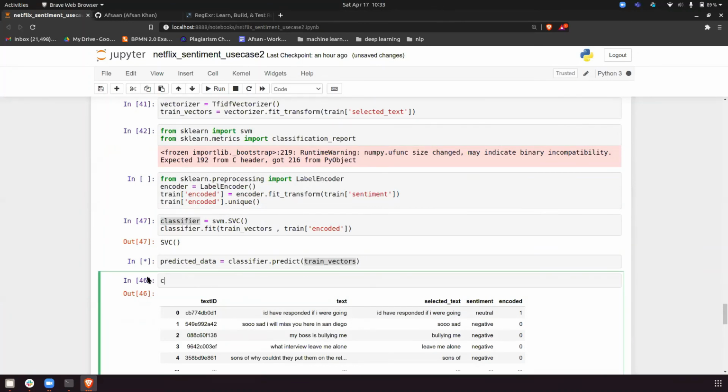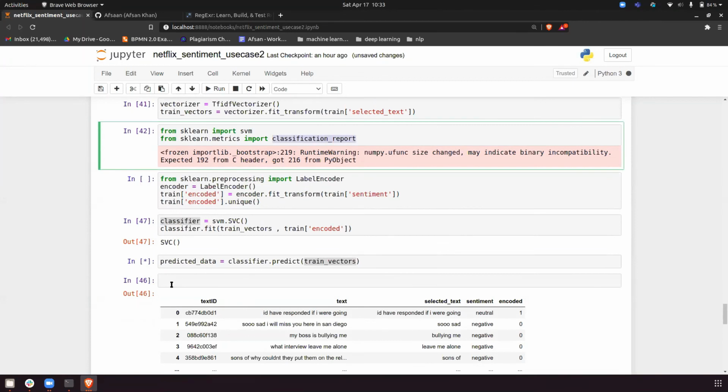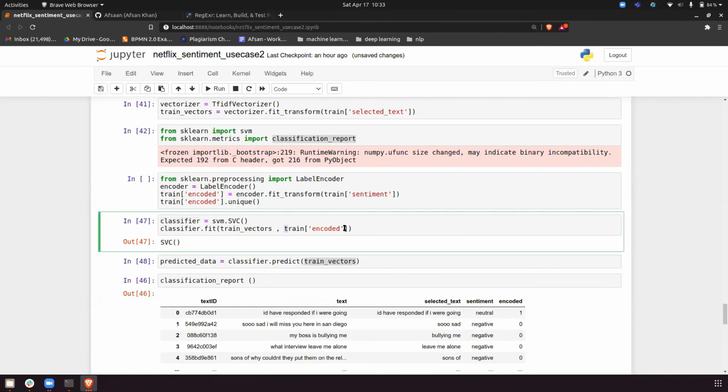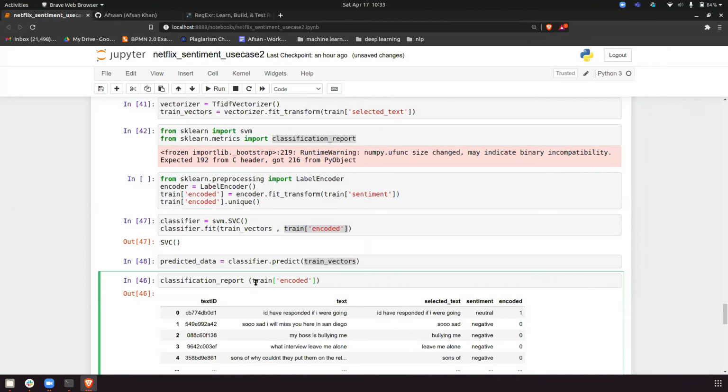And let's go to the classification report. It will take time. Okay, let it finish. Okay, it's done. I have train dot encoded, I will just paste it here.